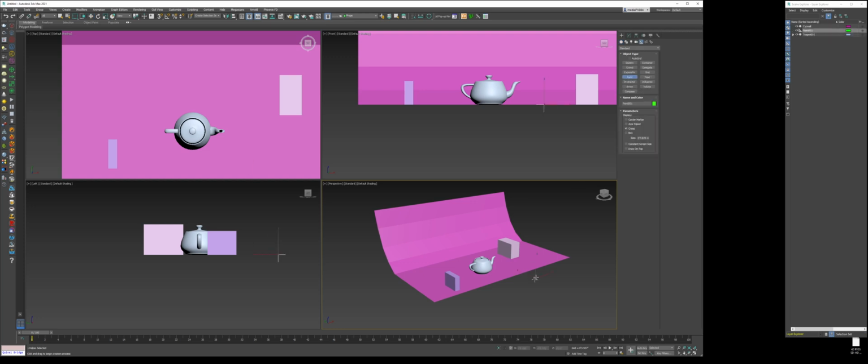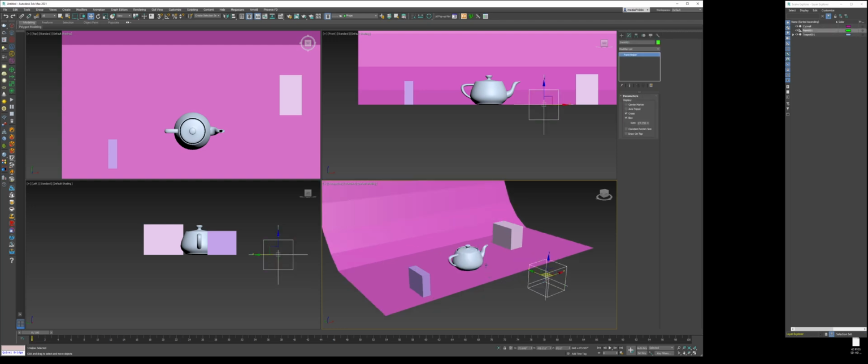And then if you go to the create tab, to this one that says helpers, you could actually create a point. And now these points, they don't render out. They're just kind of like helpers. And in After Effects, they're like null objects where they're there, but they don't really do anything until you link